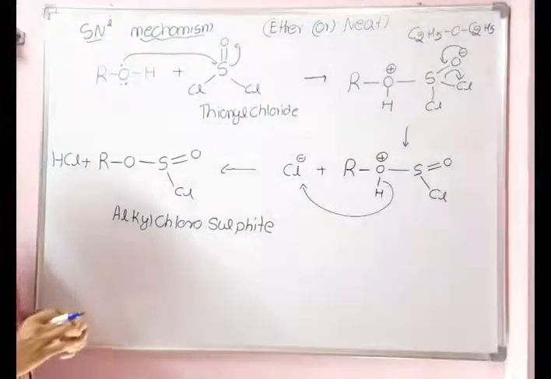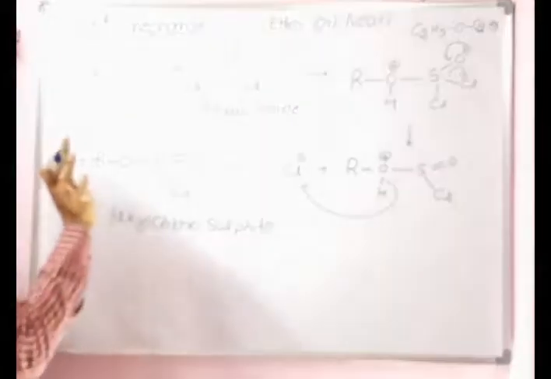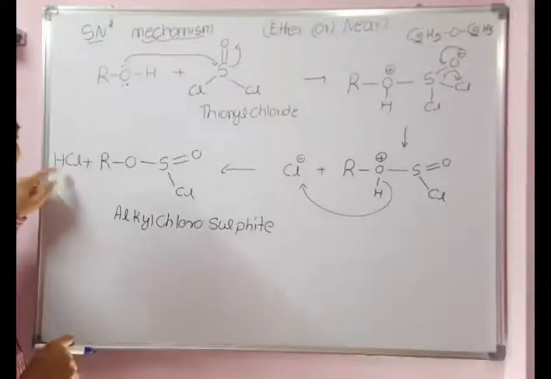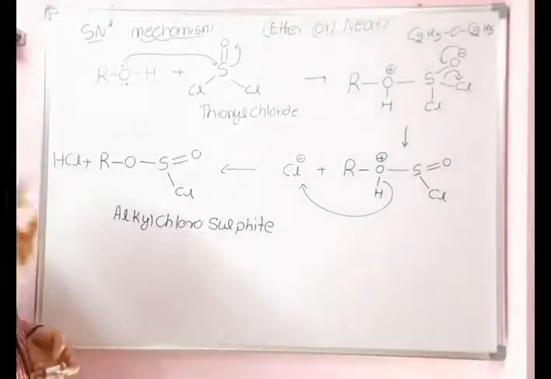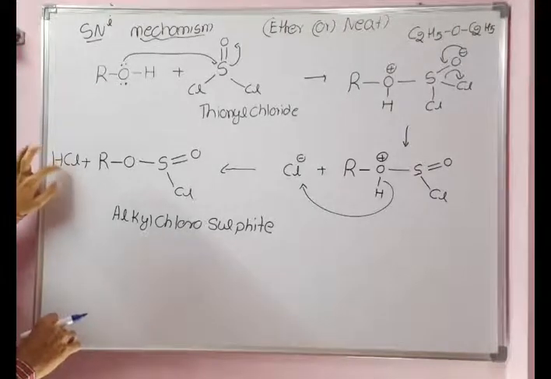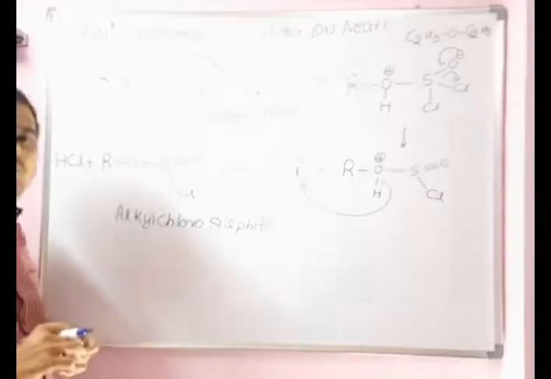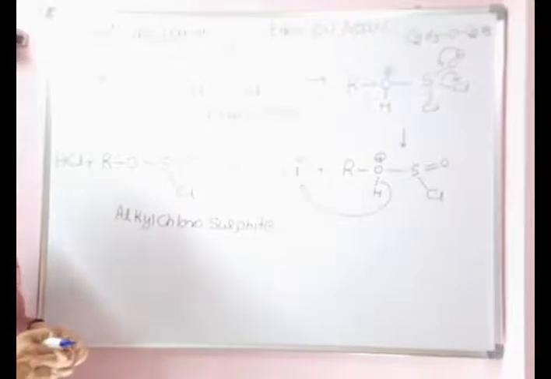And also HCl is an acid, hydrochloric acid. Cl minus will not attack from here. There is no source. This HCl is not a source for Cl minus. It is an acid. To get a source for Cl minus from HCl, we need to add zinc chloride. If you add zinc chloride here, there is a possibility to get Cl minus that will attack here. We are not using zinc chloride. A mixture of HCl and zinc chloride is Lucas reagent, which we will discuss in the alkyl halide chapter.